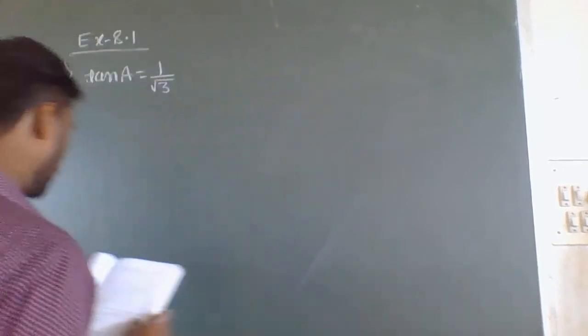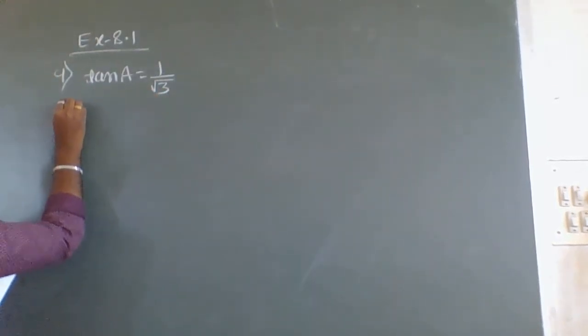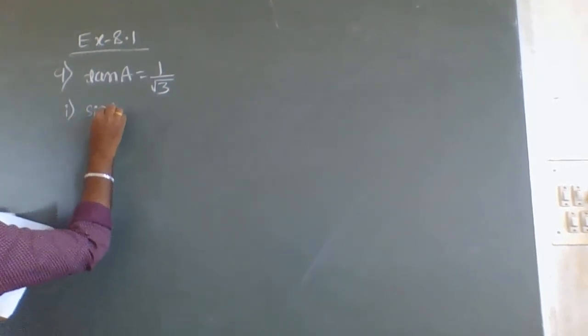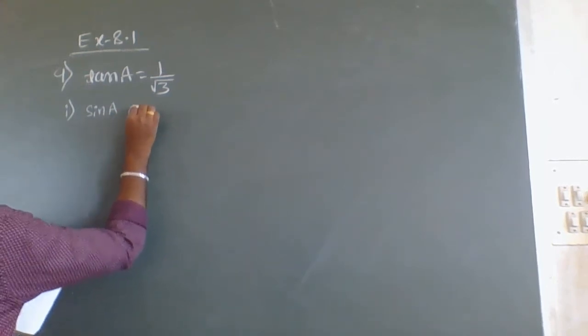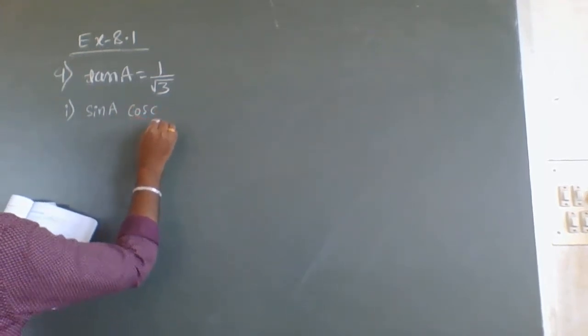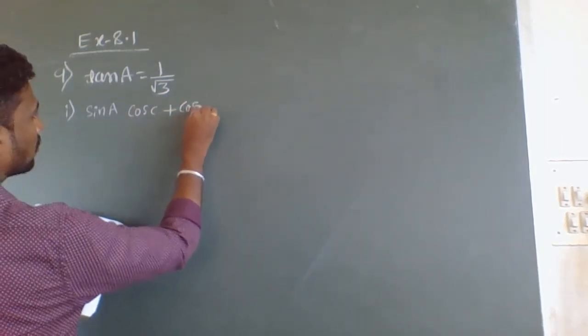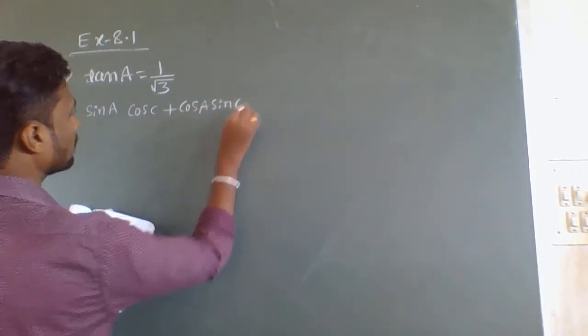They have given the tan A value, and we have to find the values of sin A cos C plus cos A sin C,